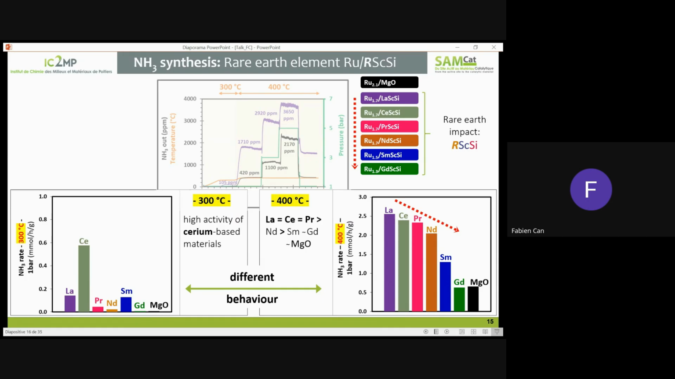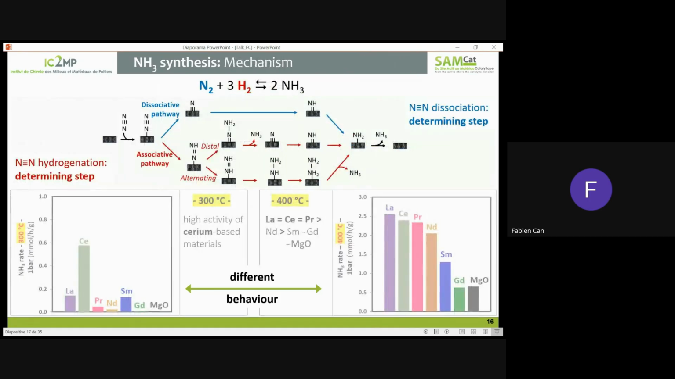But the important point in this slide is that it seems the ammonia formation does not follow similar mechanisms depending on temperature. The tendencies that we obtained at 400 degrees C are not confirmed at lower temperature. So, if we look now at the usual mechanisms proposed in the literature,